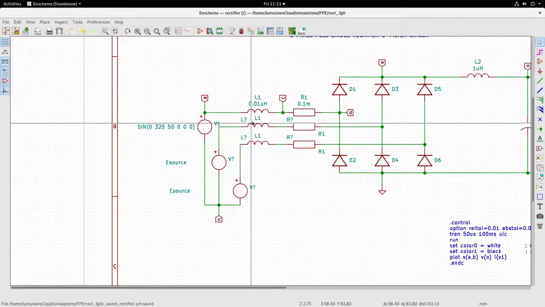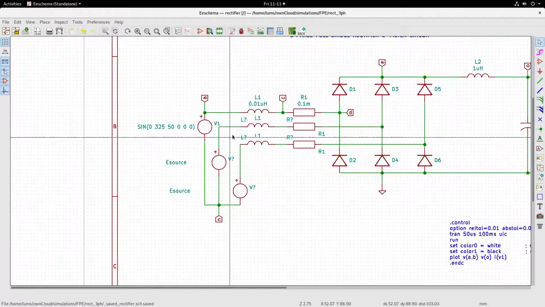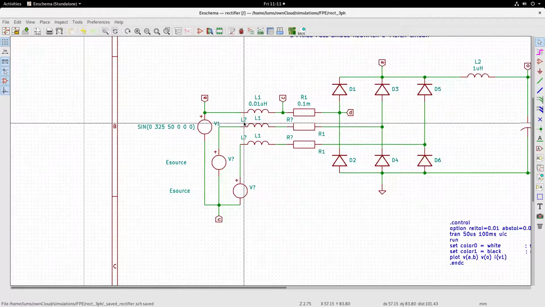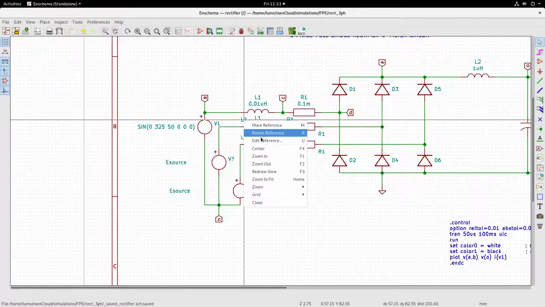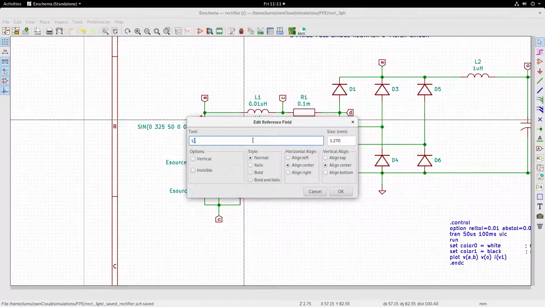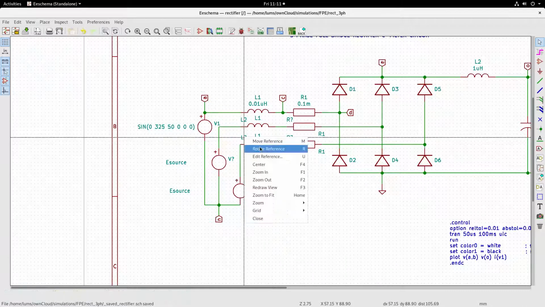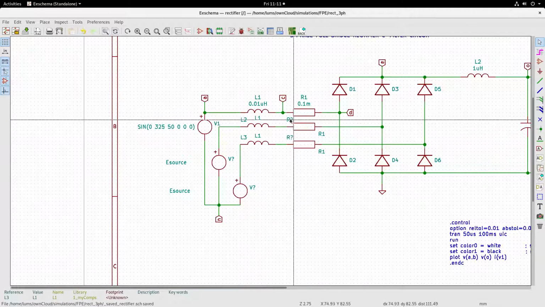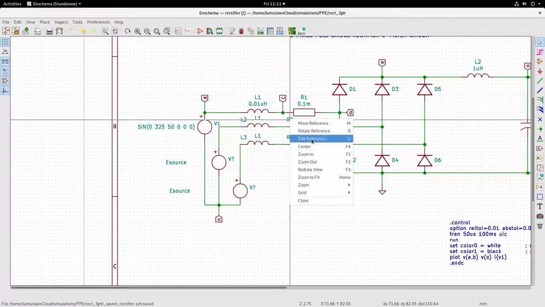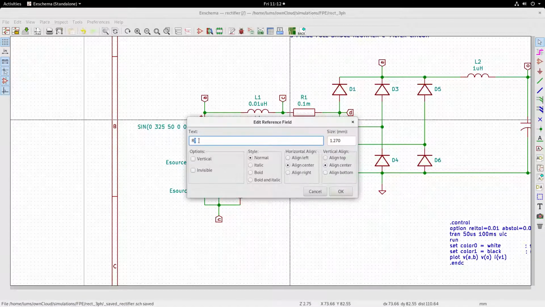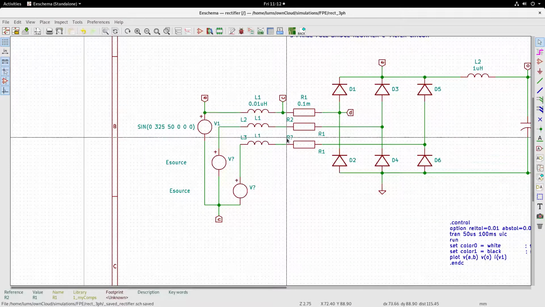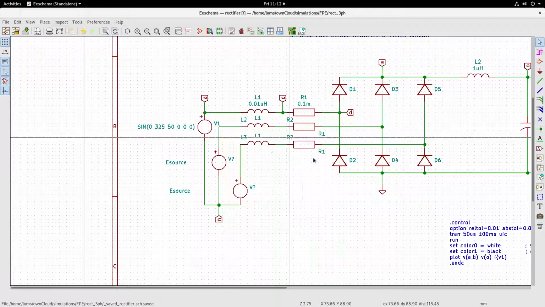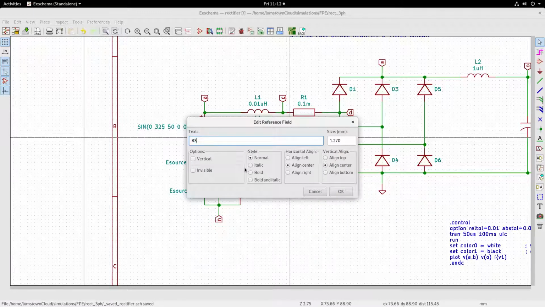So let me first enter the reference values for this. Edit reference. This will be L2 and this will be L3, and here R2 and R3.